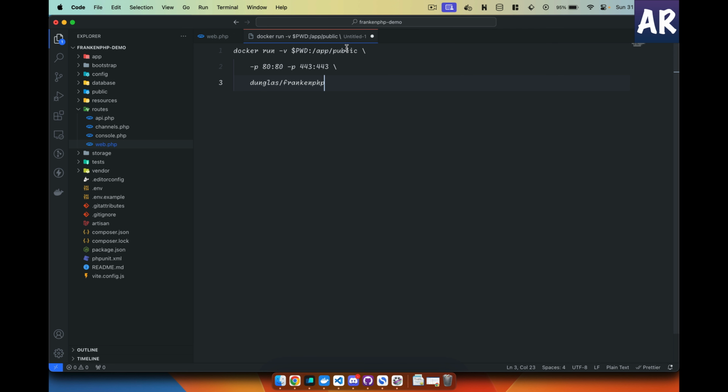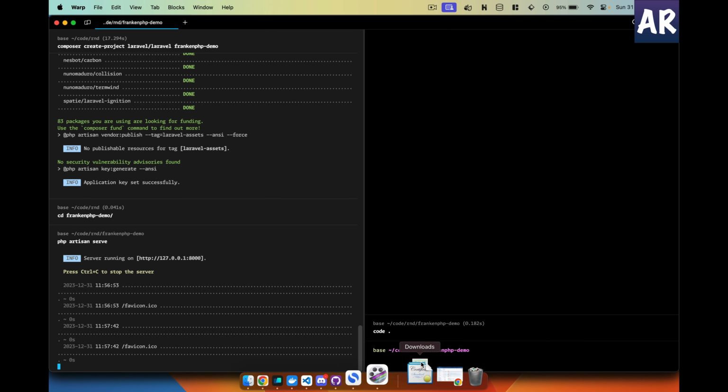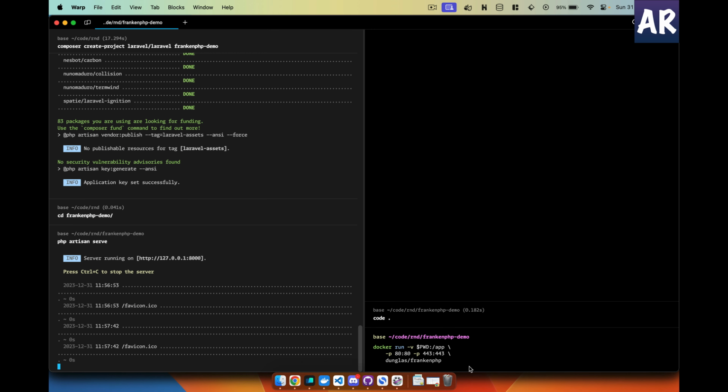I'll make a few changes. Our code base is the current code base, so I don't want it to be inside the public folder. I'll rather have it over here. It is exposing port 80 and 443. You may choose to disable any one of them if you want to. I'll just keep it like this, and with this in place, if I go over here, paste it,